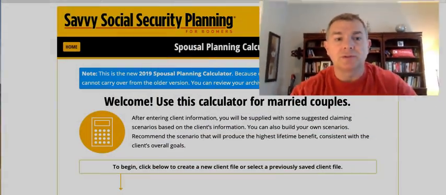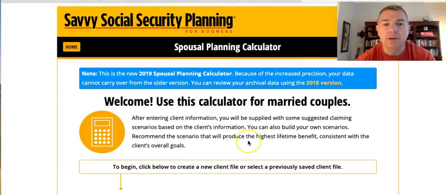I did get a question yesterday about this versus Right Capital software. Look, this Social Security stuff is just Social Security only. It has nothing to do with taxes, investments, estate planning, net worth, cash flow, nothing like that. Right Capital software that I use has all that, to include the Social Security. So I like the Right Capital because it's all inclusive, where this is just focusing on Social Security. So let's dive into this.